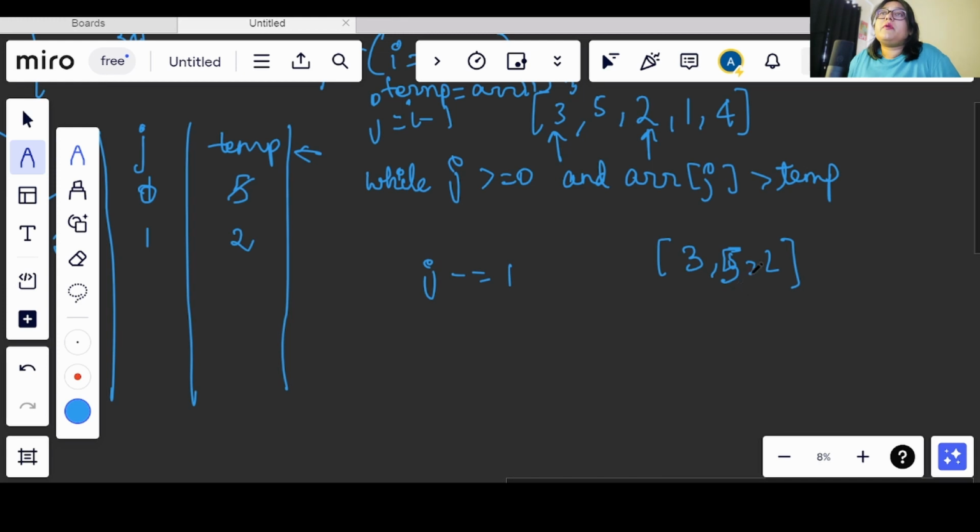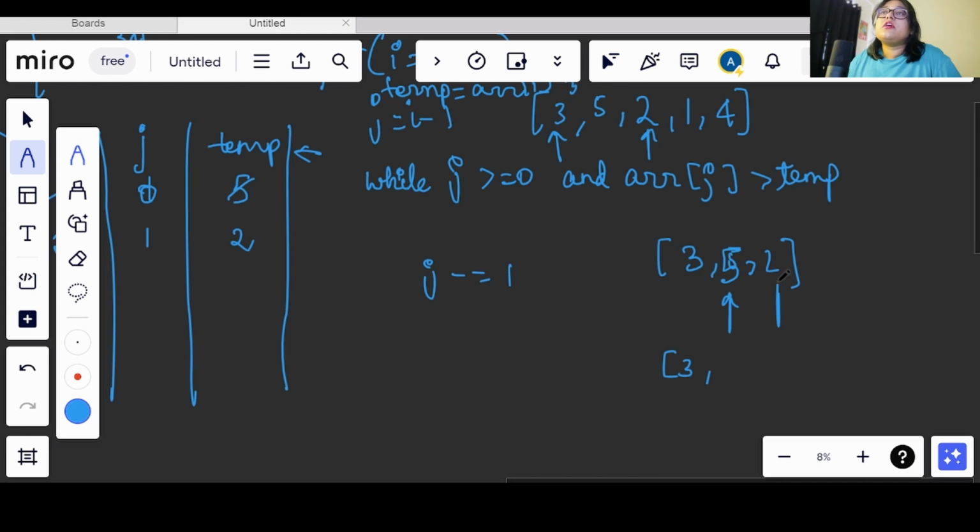Now if our j is here and temp is this 2, this value is greater than 2. So simply I will be inserting this 5 at the j plus 1 value. I am not using the ith value because I need to move according to the jth index only.